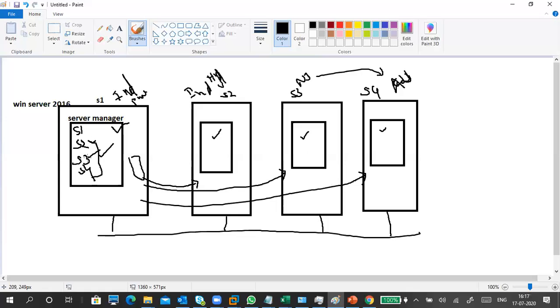Organization wise, I can maintain. Group wise, I can create a group of servers. We can create like these 4 belong to one group, another 4 belong to another group. Like that, we can maintain it. Next, as I said earlier,